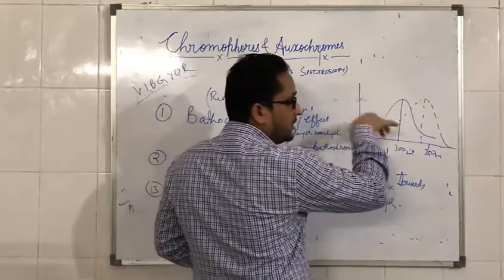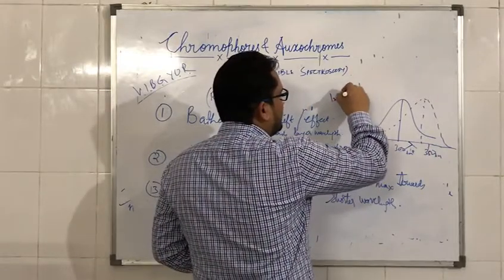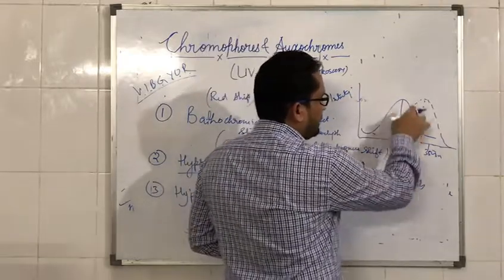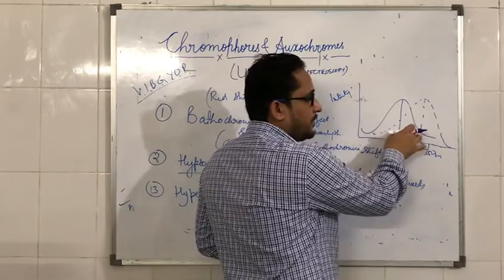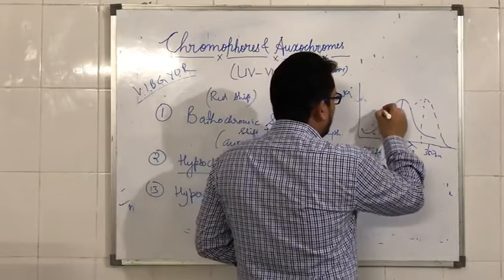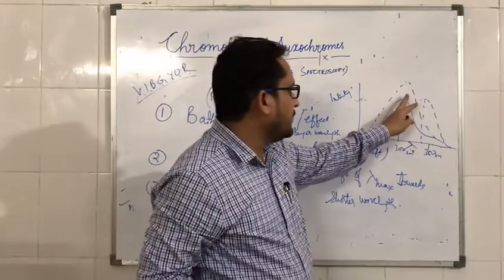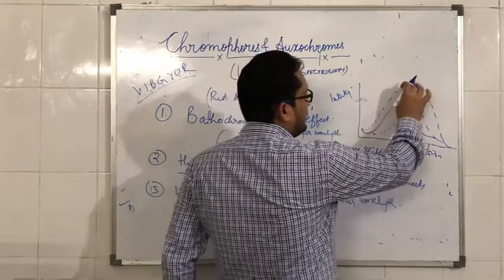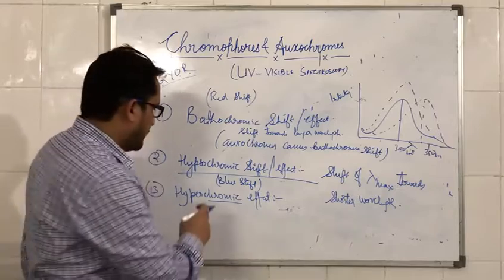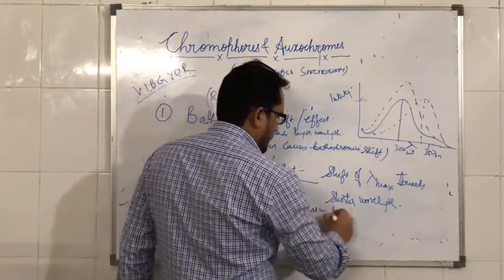Intensity means, because in UV spectroscopy on the x-axis we have wavelength, lambda, and on the y-axis we have intensity. So suppose we have this spectrum, this absorption band, for a particular compound, and by doing certain things, for example changing polarity or anything else, we get a peak at the same position but with more height. Then we can say, since intensity has increased, that a hyperchromic effect has been observed. So hyperchromic effect means an increase in intensity of a band,